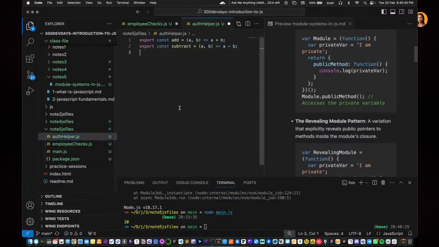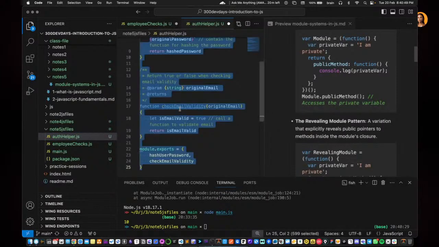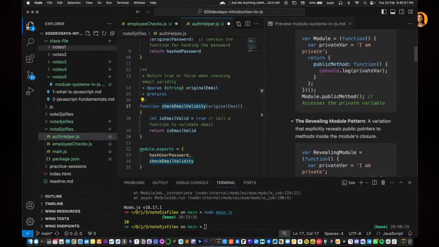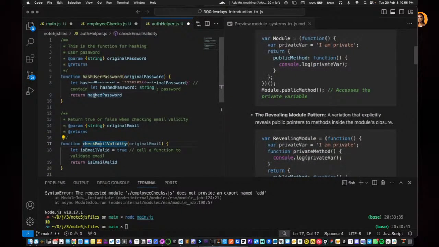I think it was auth helper. Yeah, I think that is it. Okay, so we created these functions. So let's assume that, by the way, even when working with CommonJS, you should understand,